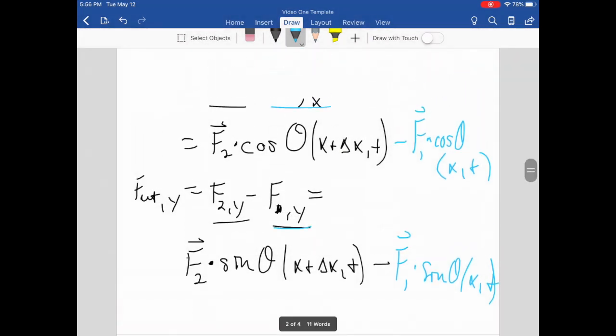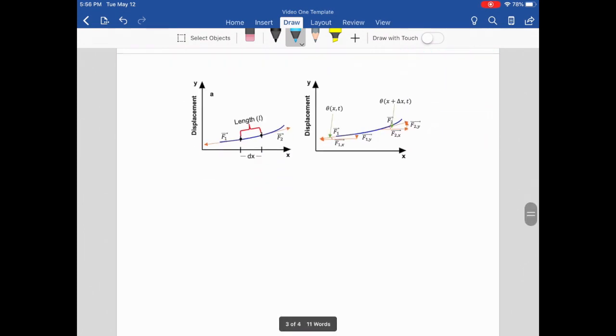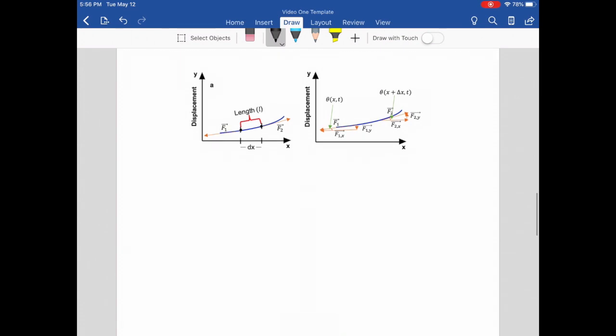Now, one thing I did forget to do for F net of x is we can actually take those equations and set them equal to one another. So what does that mean? Well, if I say that each component of tension is just equal to the tension, no subunit, but just T, and that is equal to